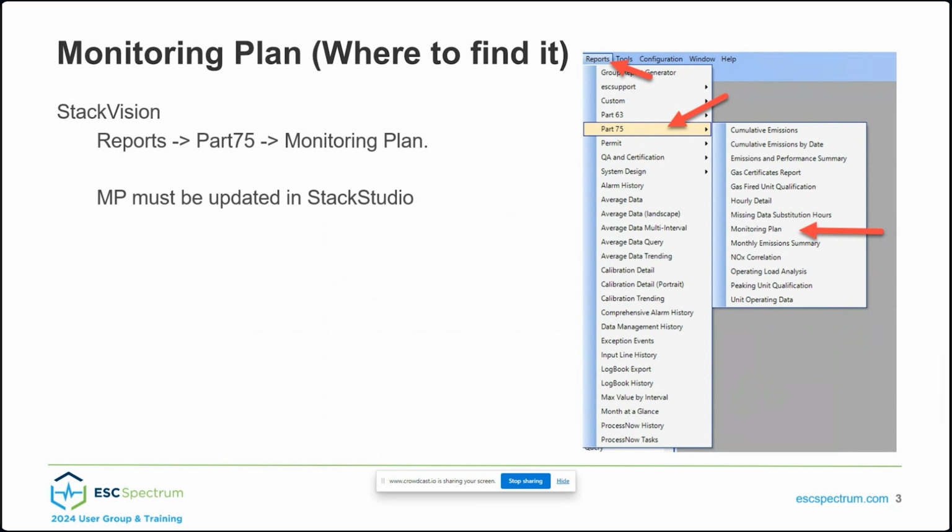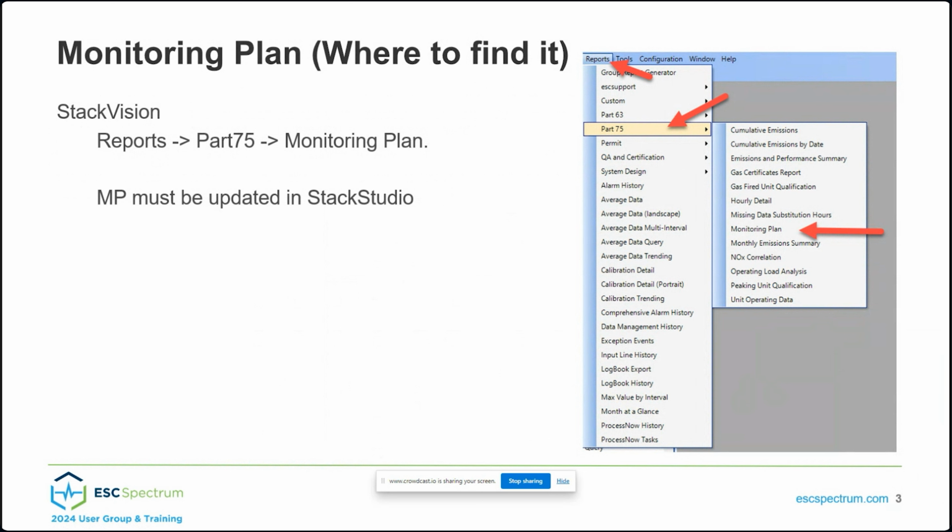As y'all know, ECMPS 2.0 will be coming out as a web-based version and not a standalone client tool. So towards the end of the presentation, we will be discussing a little bit of what to expect with ECMPS 2.0 coming up with what we've heard from the EPA. But for now, we're going to be discussing the differences and where to start to update your monitoring plan, StackVision